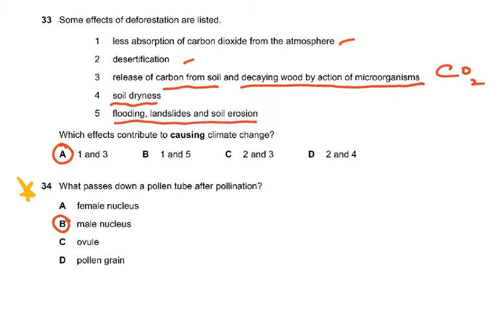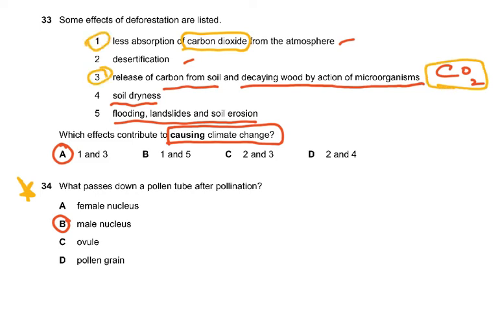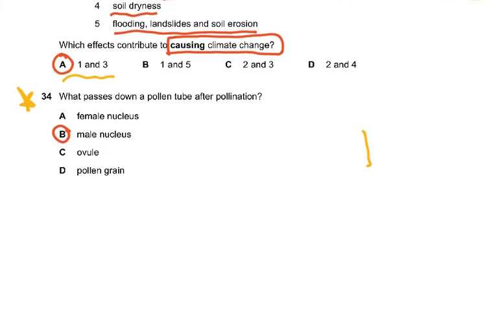Now it says which effects contribute to causing climate change. Now climate change will only be because of greenhouse gases. Now the greenhouse gases are here and here, so it had to be 1 and 3. Climate change. So that's why the answer was A. Climate change means more the glaciers melting, the earth becoming warmer. This is climate change. So if you don't know the chapter on pollution very well, you couldn't have done this question at all. Then of course comes the question 34,